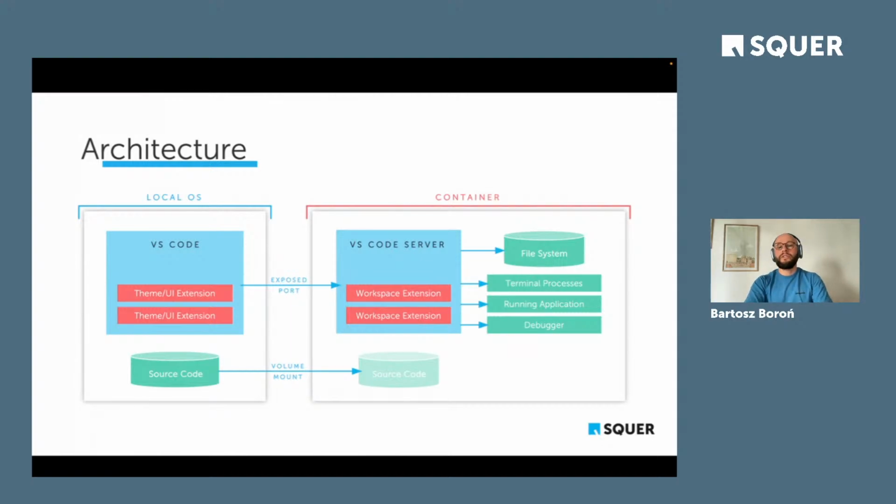And you need a piece of code that is the remote extension of your IDE, so that whatever you do on the left-hand side, in the local VS Code, is translated into the context of the container. So if I start a process, run my application, debug it, or list files, I always have the context of the container.